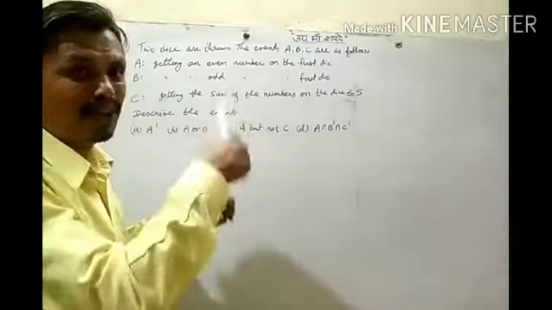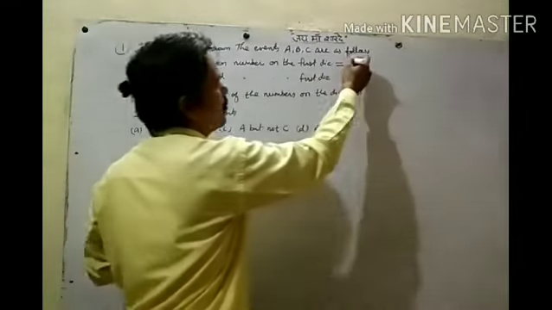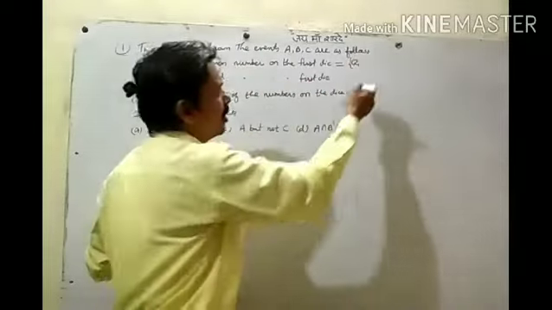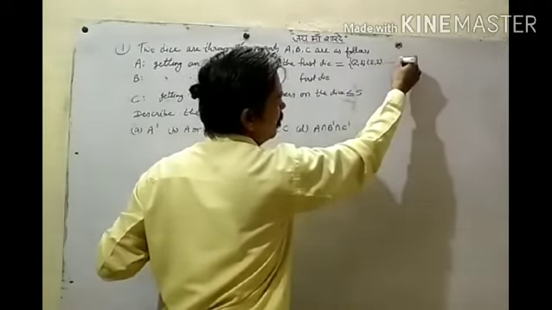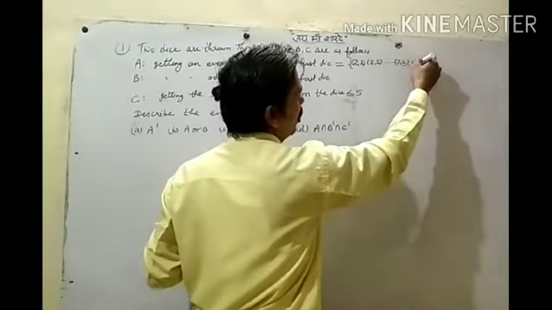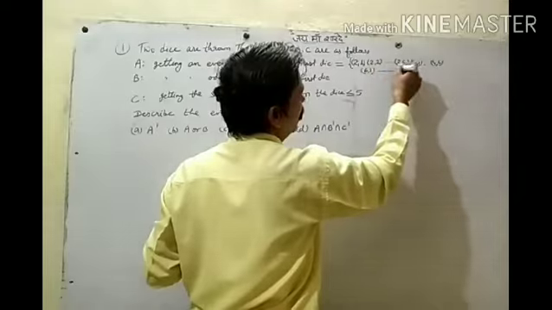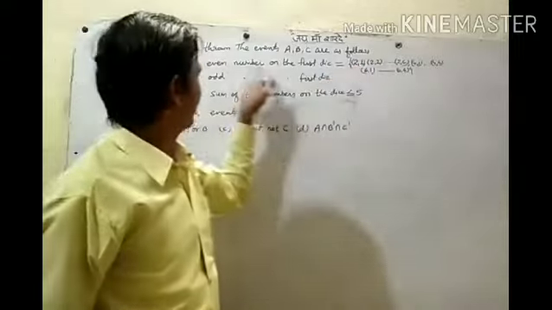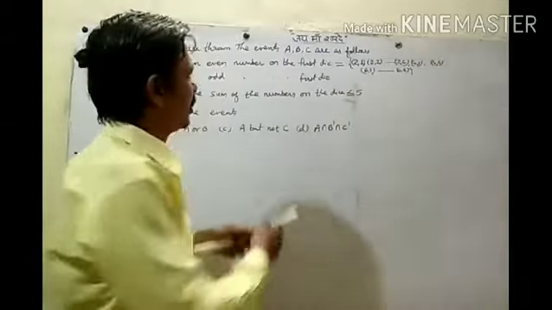Now what elements will be here? Event A, getting an even number on the first die. The first die will show an even number. So we can say 2 on the first die, then the second die can show 1 or 2 like this up to 2,6. The first should be an even number. Then you can say 4,1 to 4,6. Then 6,1 to 6,6. So these will be our sample points for this event. Check, this is our event A.